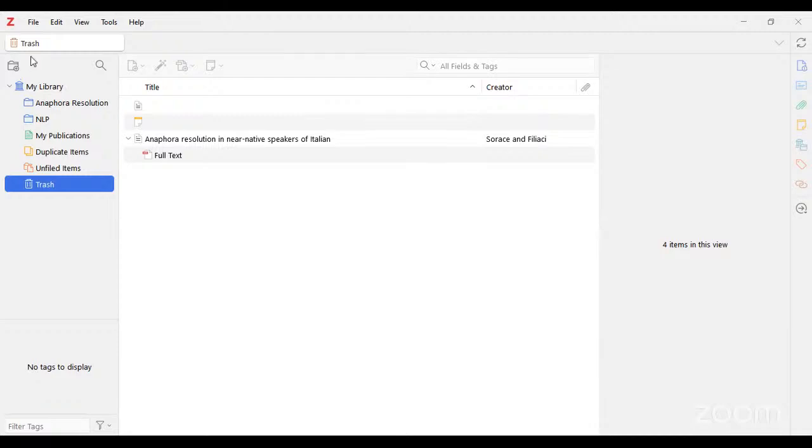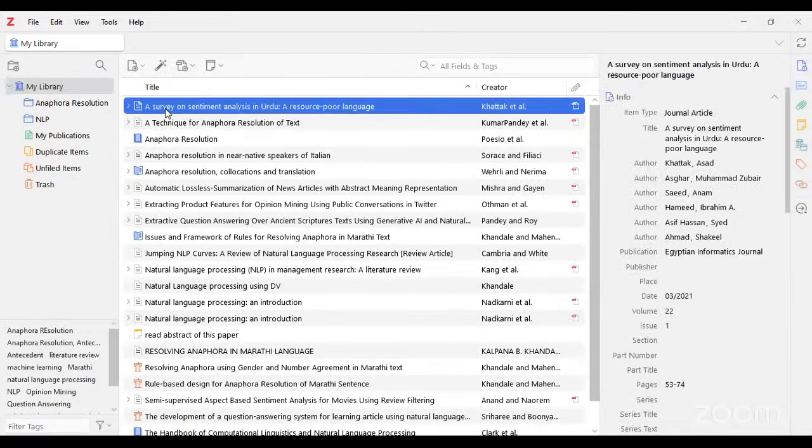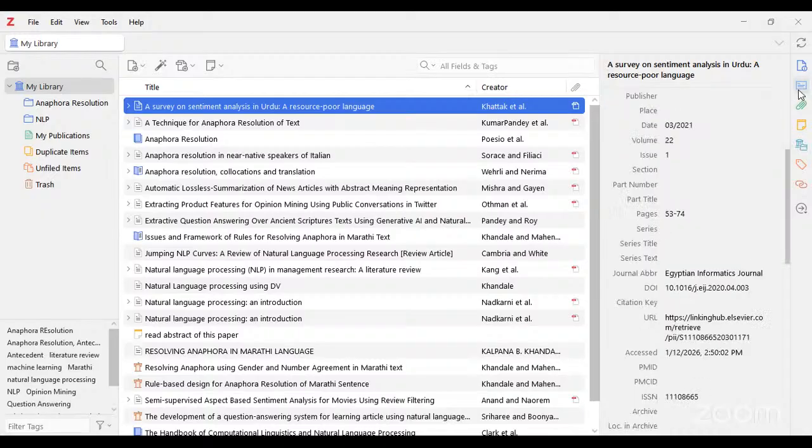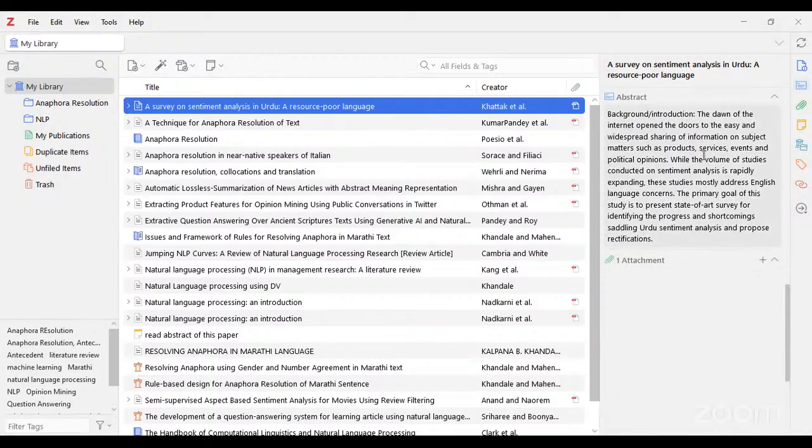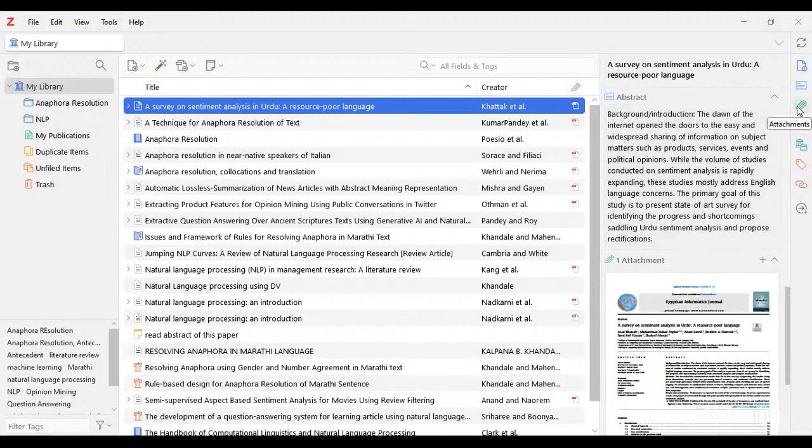The first one is the information. I will show you. See here in the right hand side section, that is the third section. Here you can see the information about that particular research paper. That is the title of that research paper, then the author, publications, and many more things in the info section. After that, there is an abstract. If you click on abstract, you can see the abstract over here. After that, there is one attachment field. If you attach, you can attach this paper to the desktop or any other user.